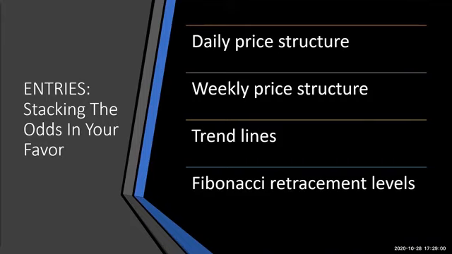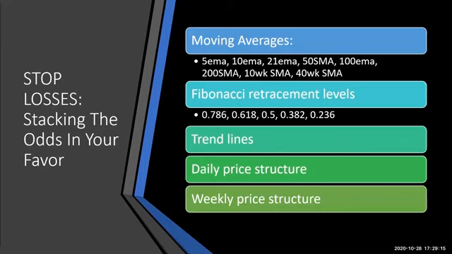So for the entries, what's important is looking at daily price structure, weekly price structure, trend lines, and Fibonacci retracement levels. For stop losses, we'll be looking at the different moving averages. We'll be looking at Fibonacci retracement levels. We'll be looking at trend lines, daily price structure, and weekly price structure. All of those things, the more that you can stack up for any of these,